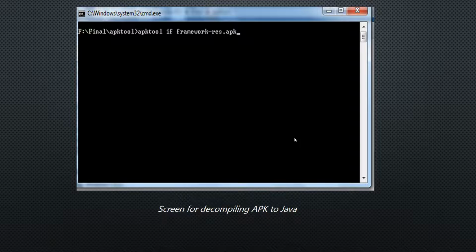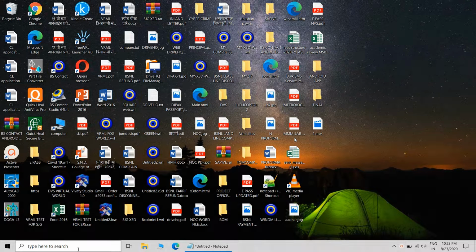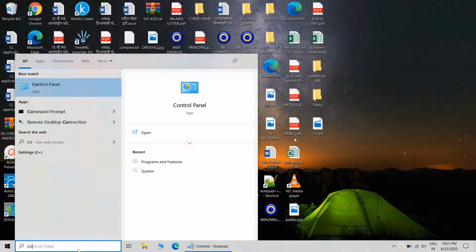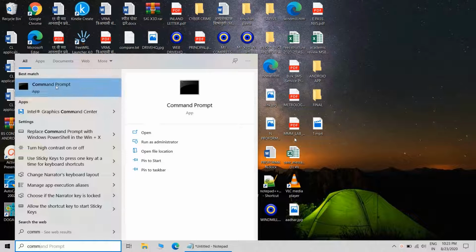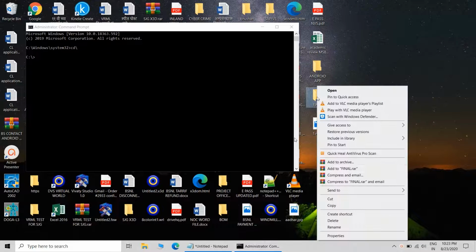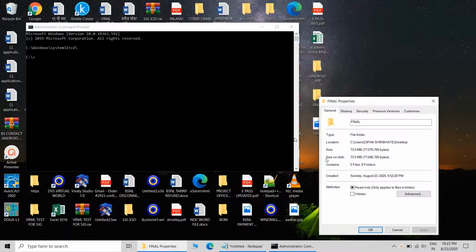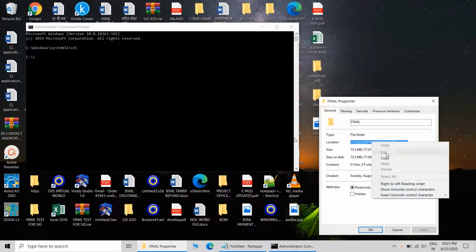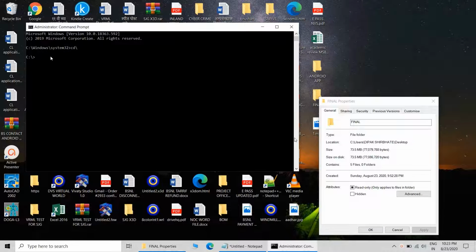So this is the screen for decompiling APK to Java. Run as an administrator, and then cd slash, then copy the path.